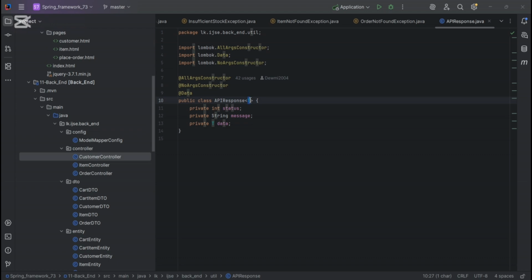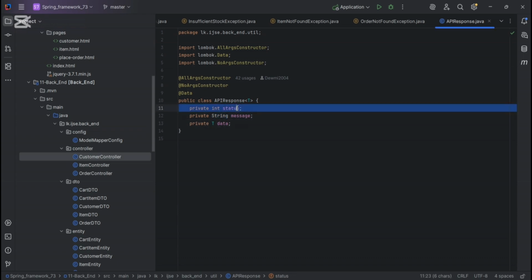In this API response class, I have used generics to pass data in any data type. So I have used this status attribute to pass the status code, like 404 not found, and this string type message is to get a clear